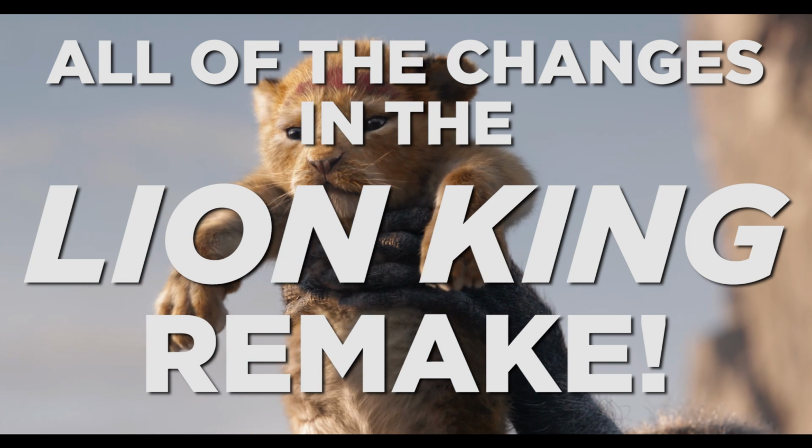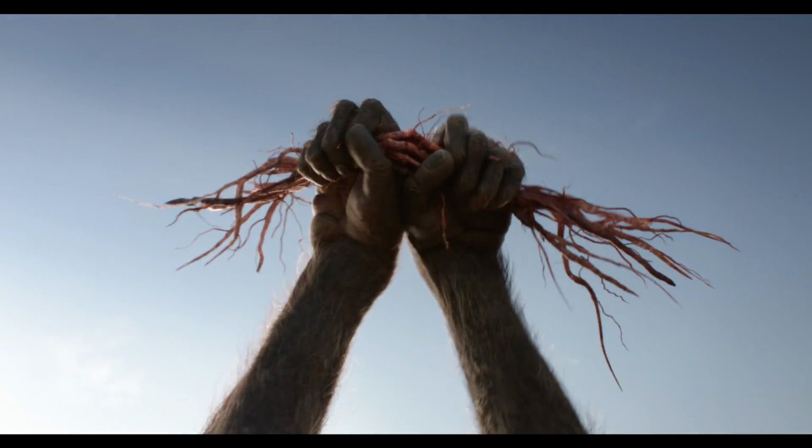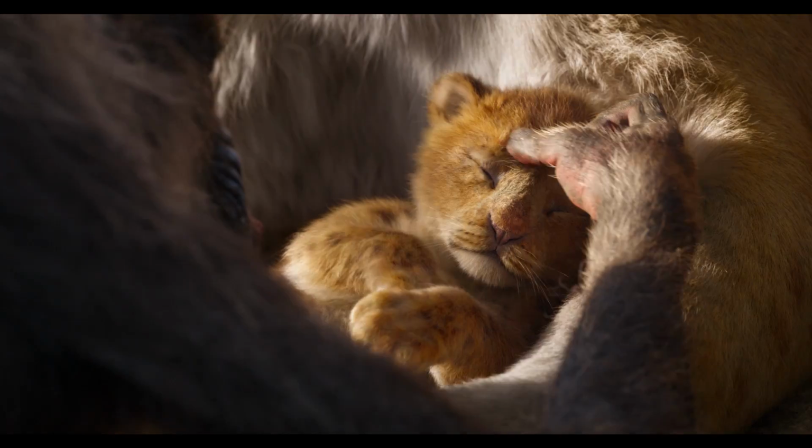All of the changes in the Lion King Remake. Disney gave us something big to be thankful for last week when they dropped the first official teaser for their live-action The Lion King Remake on Thanksgiving Day. With our first peek at what the new Lion King would actually look like, first reactions were a little mixed,